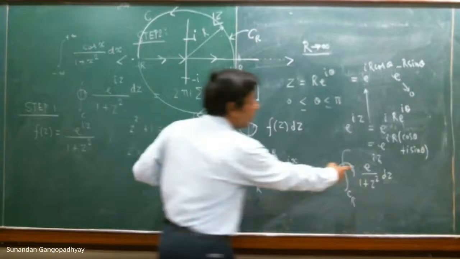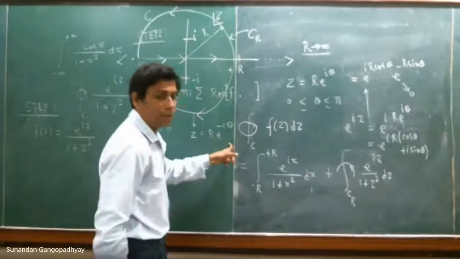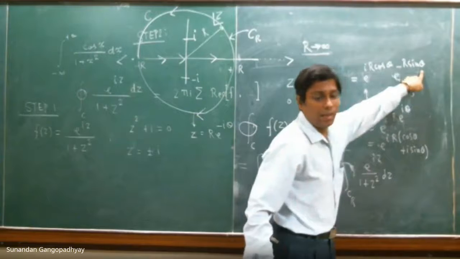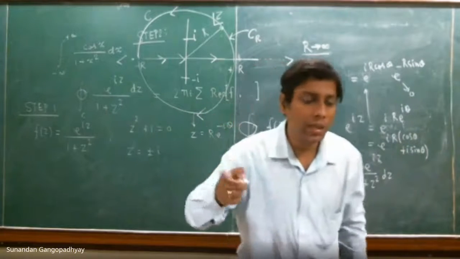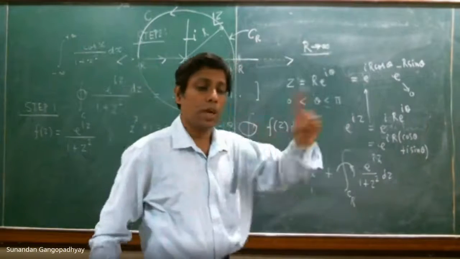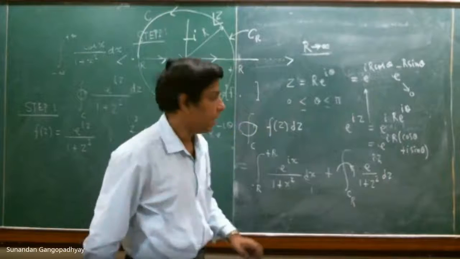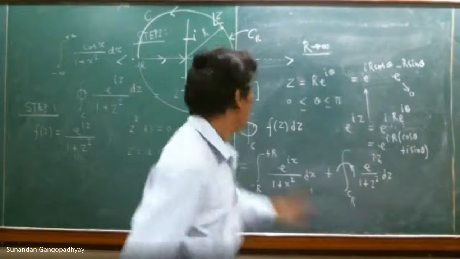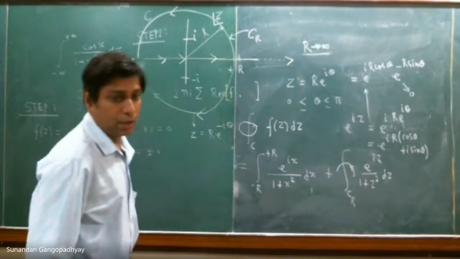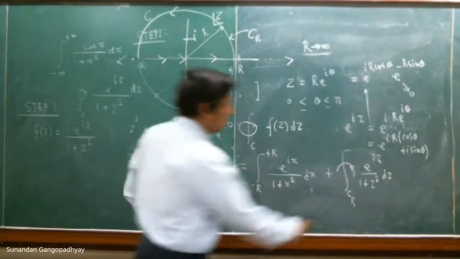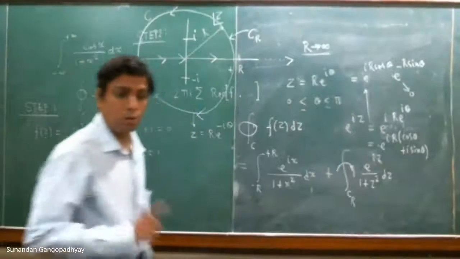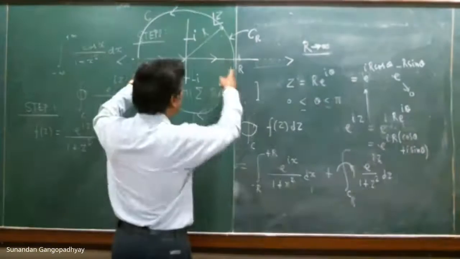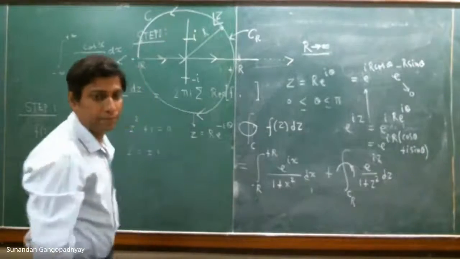And if I calculate e to the power of iz by putting this in, you will get a contribution e to the power of plus r sin theta. And in the limit r going to infinity, that contribution blows up. That contribution goes to infinity. Therefore, this contribution will not go to 0, rather it will go to infinity in the r infinite limit. The idea is to get this contribution to go to 0 in the limit r going to infinity, and that goes to 0 only if I close in the upper half plane.